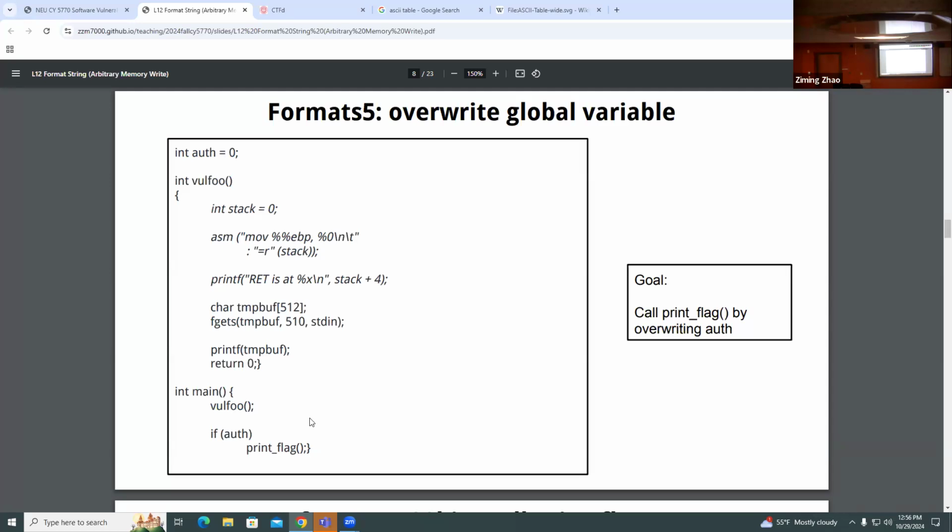So whatever we print out here is not on the stack frame of printf. We're actually printing out some local variables in valve. Some local variables, but they're not really local variables in this case. I think those are the values left by